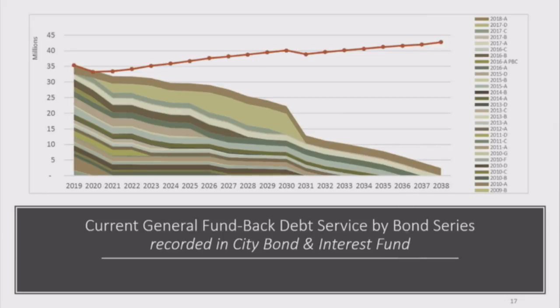So this first graph that we're going to look at is the city debt service, and it shows the current bond issues that we have outstanding. We talked a little bit about this. We went over the debt section during, I think, both the CMIP meetings that we had back in June as well as during the budget. And these issues are the same as what we presented there.